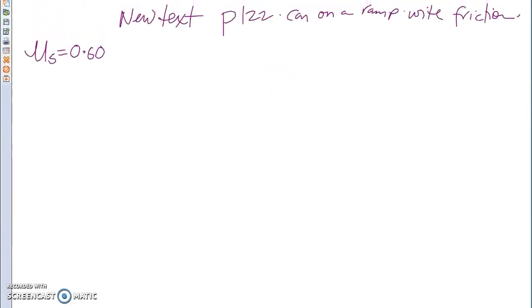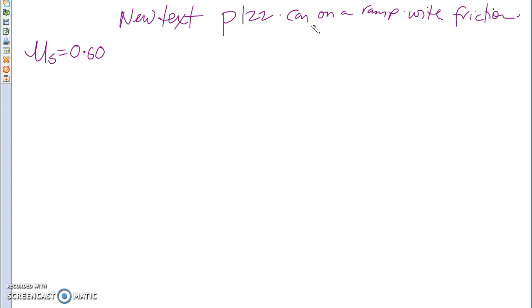All right, so we are going to take a look at the following question. This is car on a ramp with friction, and we are using the new textbook, Nelson Physics. Okay, so now the question is, a car is making a turn on a dry banked highway ramp, is experiencing